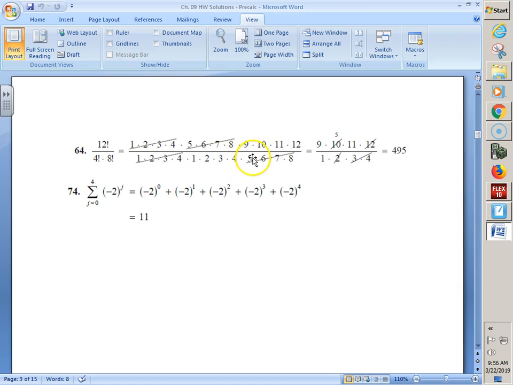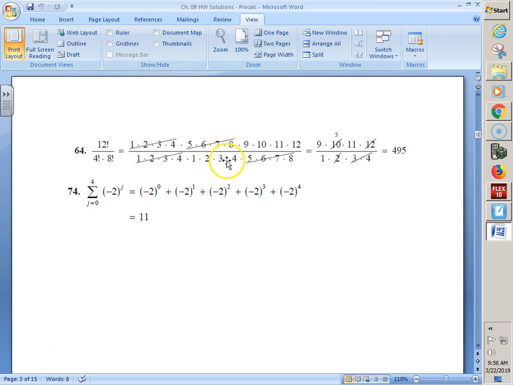But then you also had this 1 through 4 that would have been left as well. So I don't know, like 2 and 4 is 8. Oh, he already got canceled out. 3 and 4 is 12. Yeah, that's a good one. 3 and 4 could take away the 12 entirely. 2 could reduce with the 10. So you have 9 times 5 times 11. When you reduce, 9 times 5, 45. 45 times 11 is